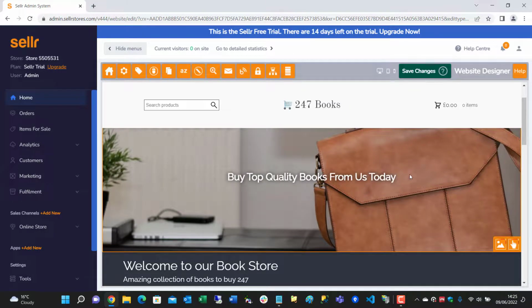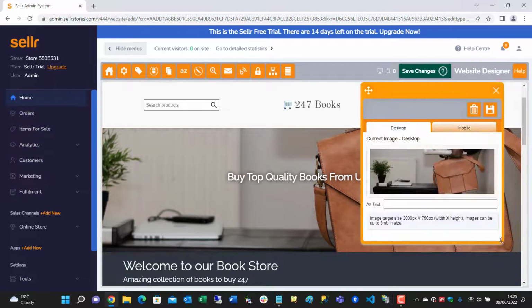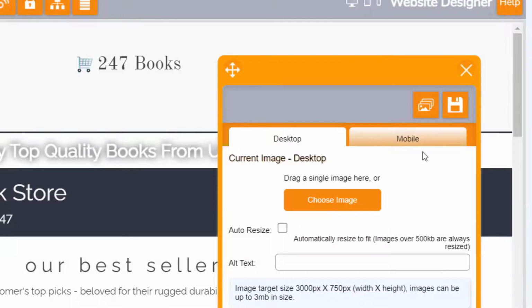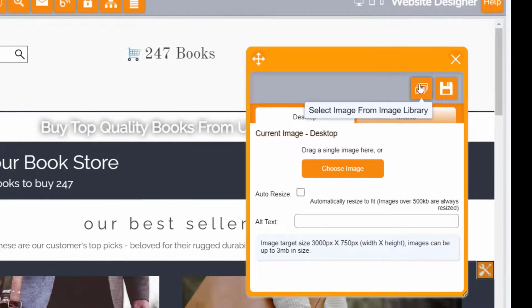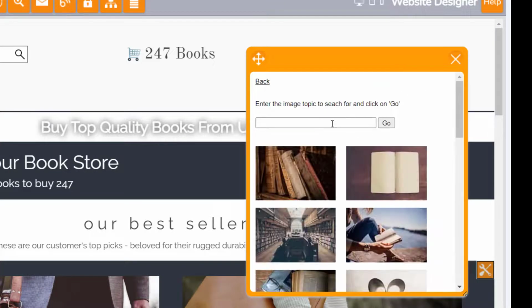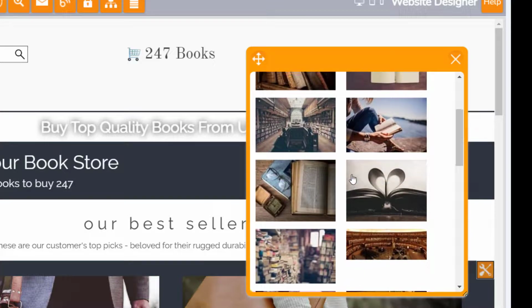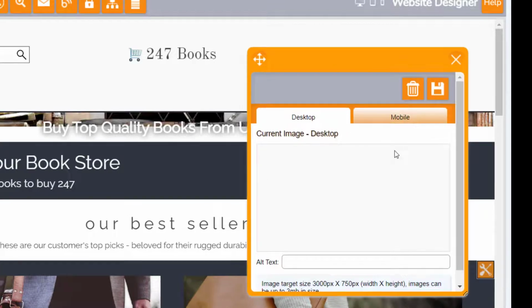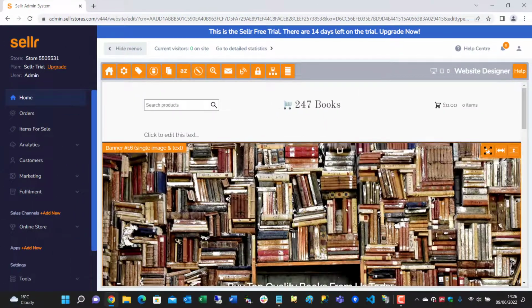And then you might want to change the image of the background, so obviously some sort of satchel, if we wanted to change that to some books. Then I just click on this icon here for banner image. I'm going to delete the image that's currently there because I don't want that anymore. And then I'm just going to choose a new image from the image library. Let's have some picture of books. This looks like kind of strange bookshop picture. So you can see